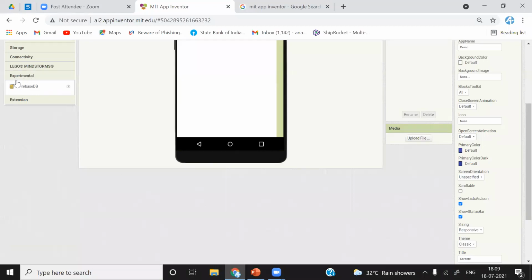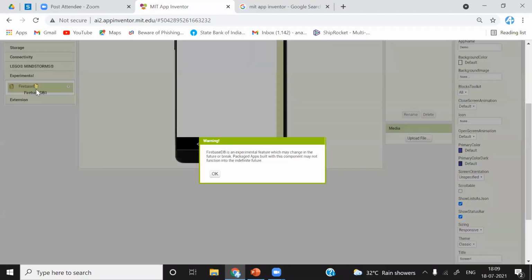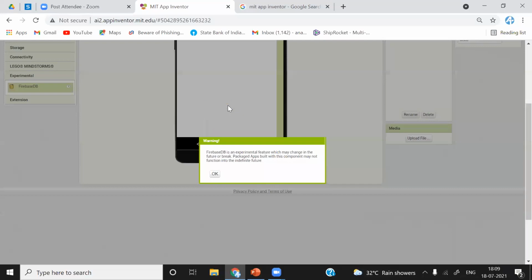Under the experimental section, you will find this Firebase DB. It is a non-visible component that communicates with Firebase to store and retrieve information. We are going to need this to integrate our Android application with Firebase. To do that, we have to click on it and drag it onto the screen.